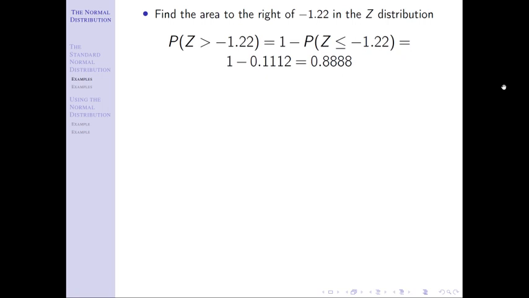So this is where you can really show that you know what you're doing or not based off of how you write your probability statements. It's very important getting good habits right now. The problems are simple and you can probably just look at the table and do some things, but I'm going to get questions about why you got an answer wrong on the homework, and it's going to be you subtracted from one when you shouldn't, or you didn't subtract from one when you should, because you're not being careful with your probability statements. You're not writing it out. If you write it out and follow through logically, it works pretty simple.